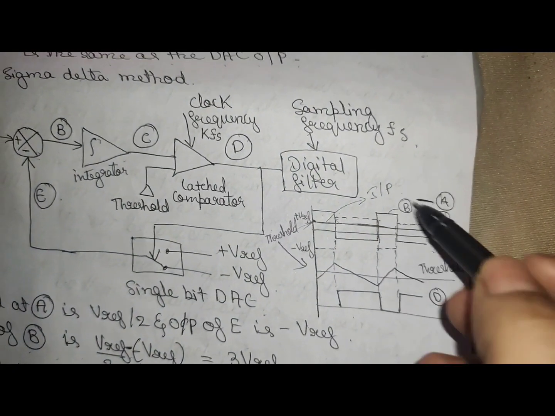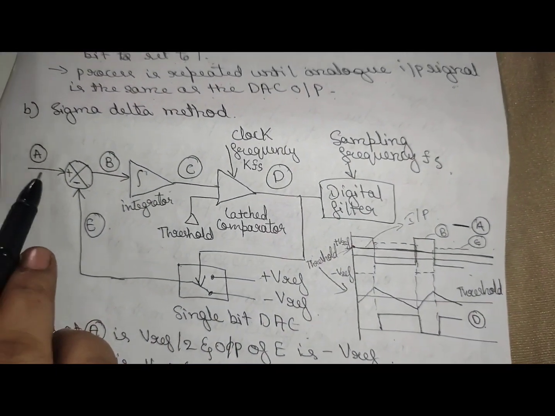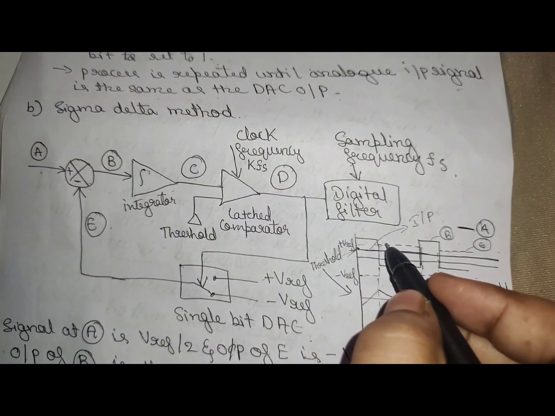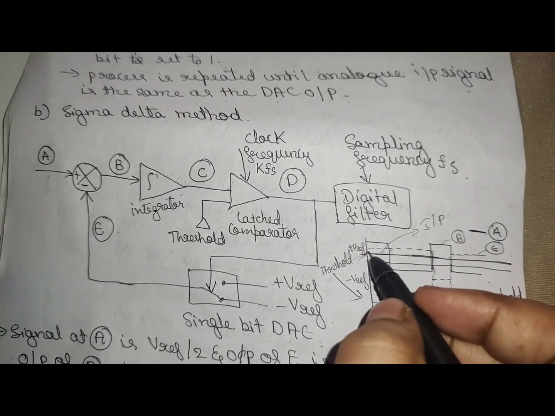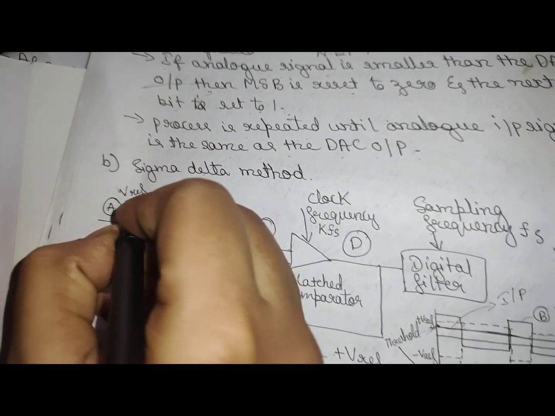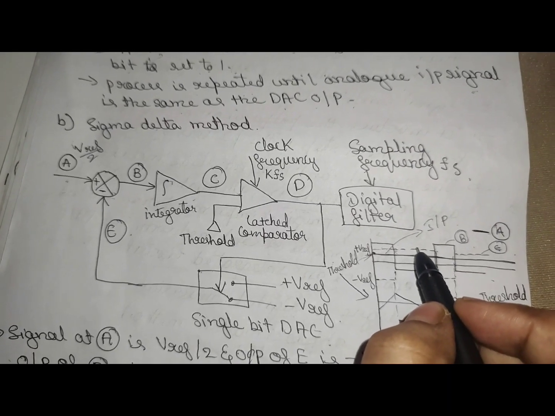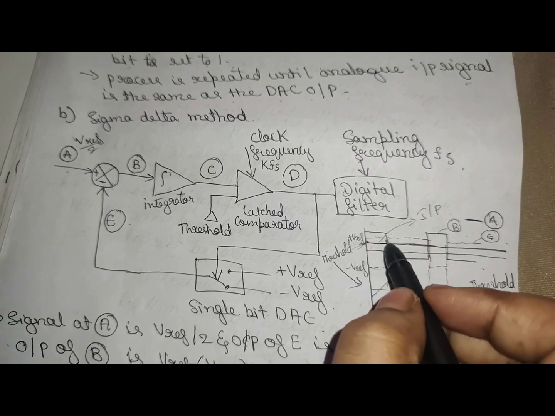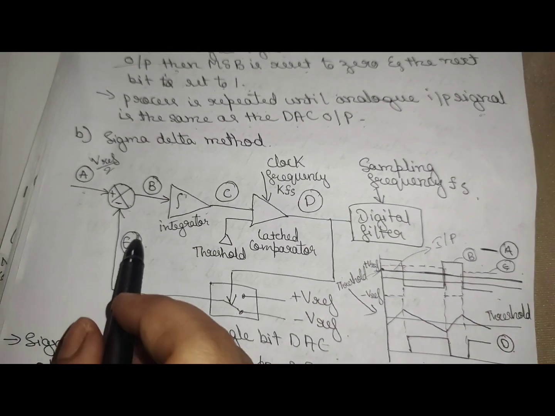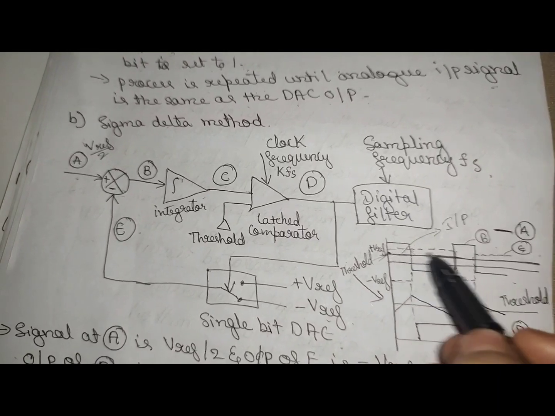This is always the input, that is A, V reference, it will not change. V reference divided by 2. A is the V reference divided by 2. So this line is V reference divided by 2, and this is the V reference. Here plus or minus V reference, you can observe the dashed lines, that is E, plus V reference and minus V reference, and this B line.